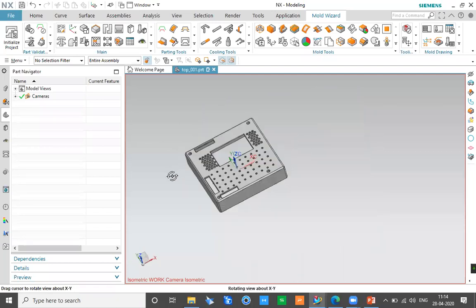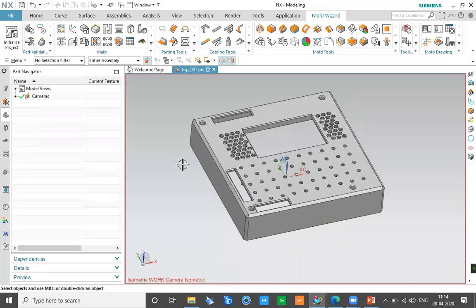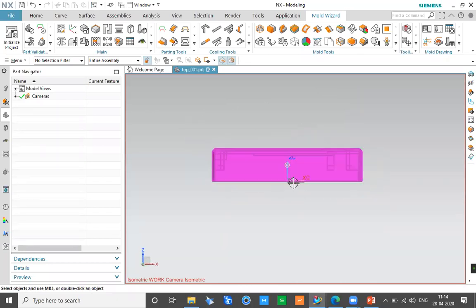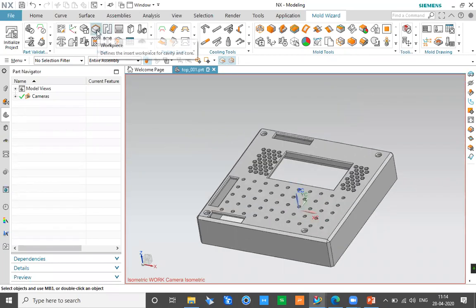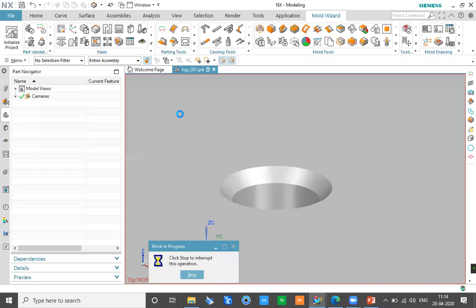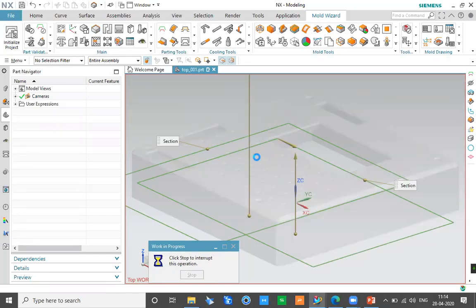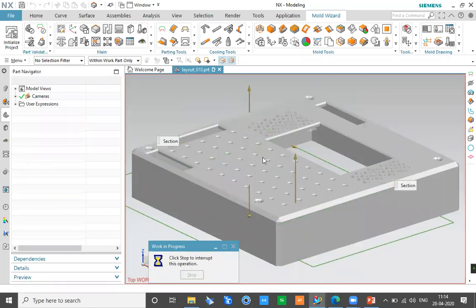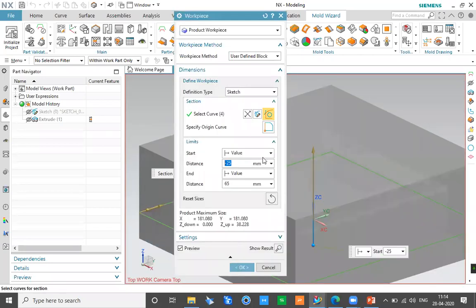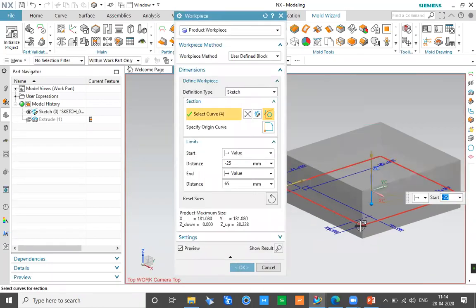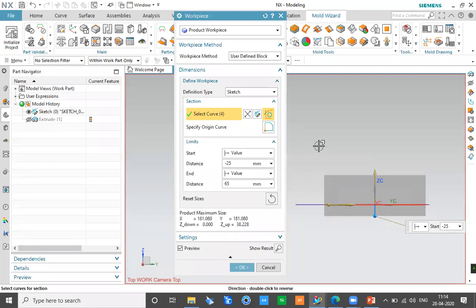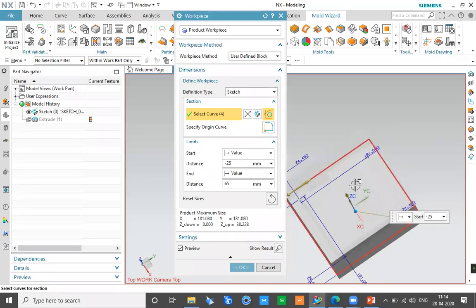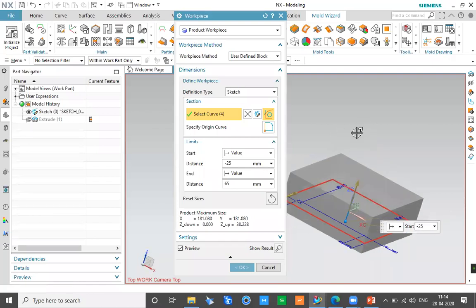Now, let's say we have this particular article ready. We have the location of the article and the location of the coordinate system, and everything is correct. Next, we can apply the workpiece, the raw material using which this particular article is going to be created. For example, we have to do a core cavity extraction of this, right? In core cavity extraction, we have to decide what should be the specific length and width of this particular core and cavity. Here you can see automatic bounding boxes getting created with a clearance of 25 mm on each side. If I want to increase the clearance, we can definitely do that as well.